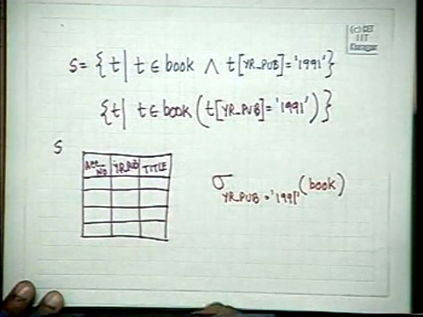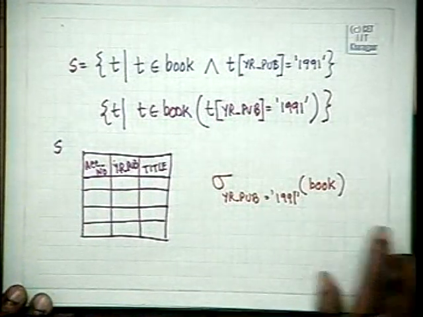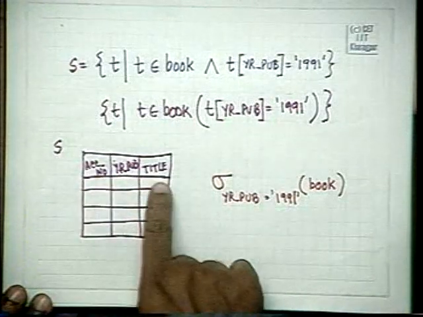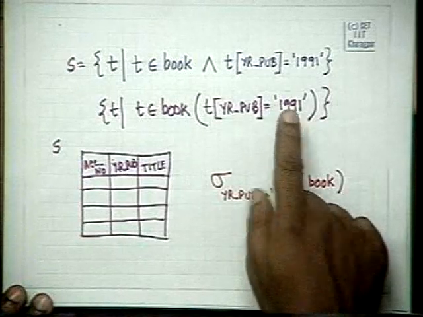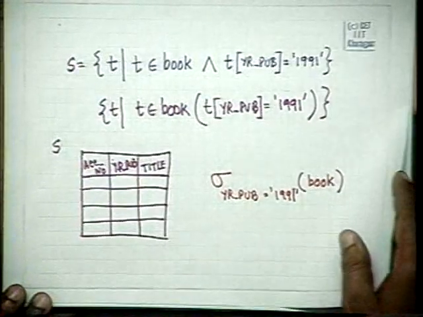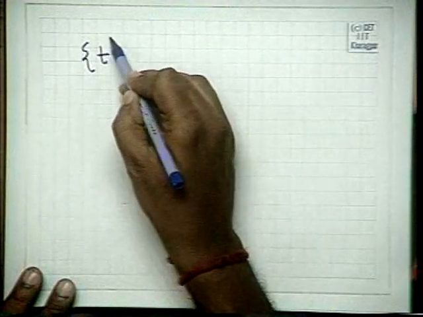Now suppose 1991 is well known and we don't want the attribute 1991 and the year of publication. We only want accession number and title. We are not interested in these attributes because we are selecting out 1991 anyway. Then how will we do the selection of the attributes which is a subset of the attributes of this particular relation? For that we use the concept of there exists. We will write down T